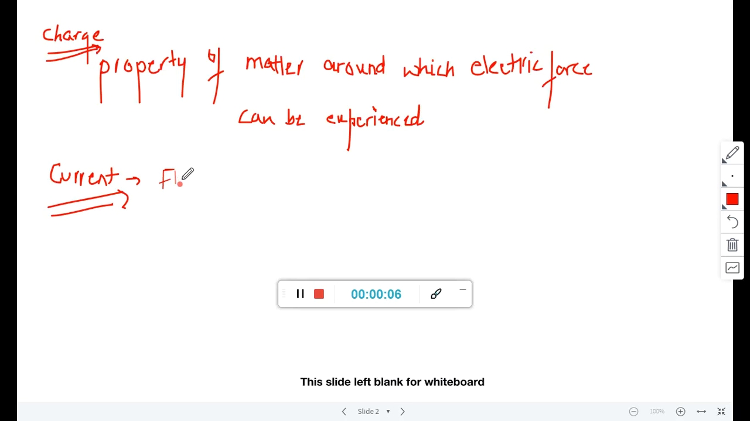It's the flow of electrons, or basically you can say flow of charge. So if electrons start to flow, then only you can experience current. And I have even explained it to you using a circuit